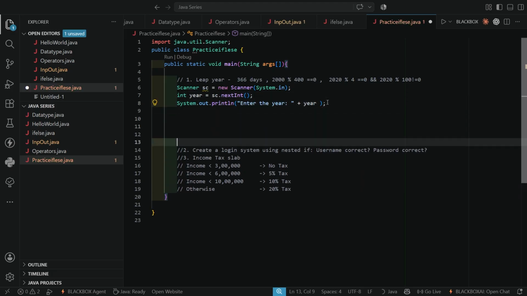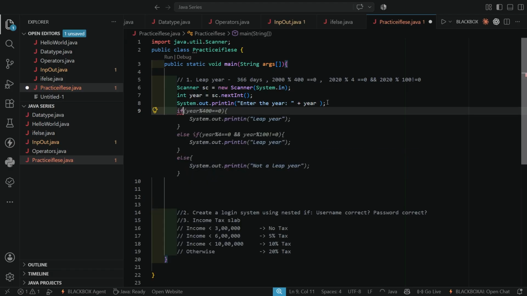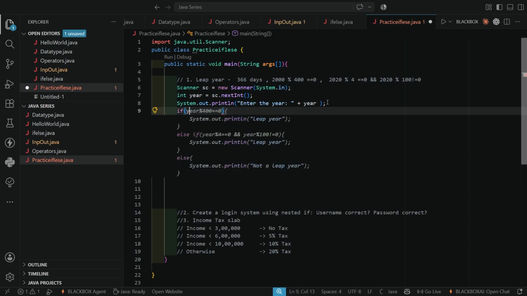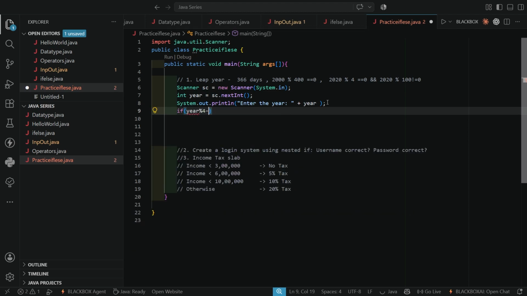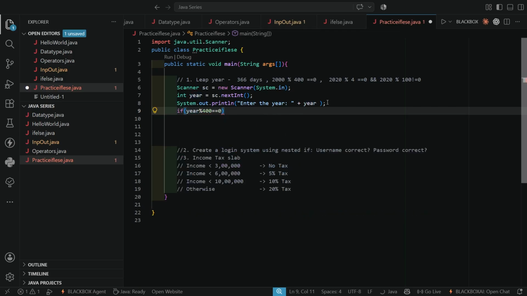Now I will write the logic. What is my first condition? I have to check for a century year. If year mod 400 is 0, if the year is divisible by 400, then it is a century leap year. If it is a non-century leap year, I'll check the other condition.